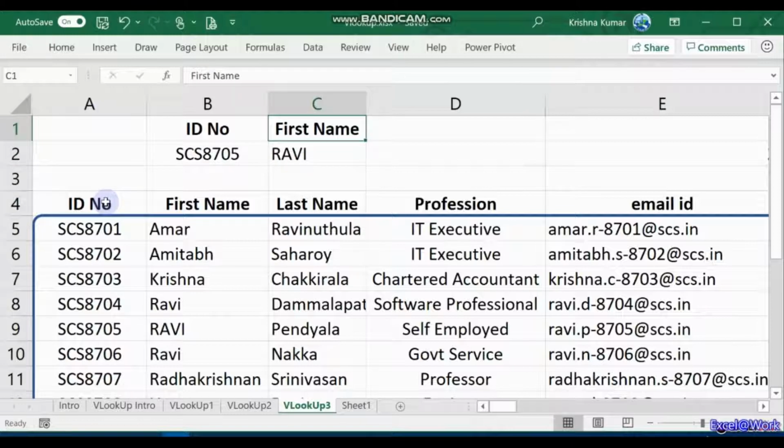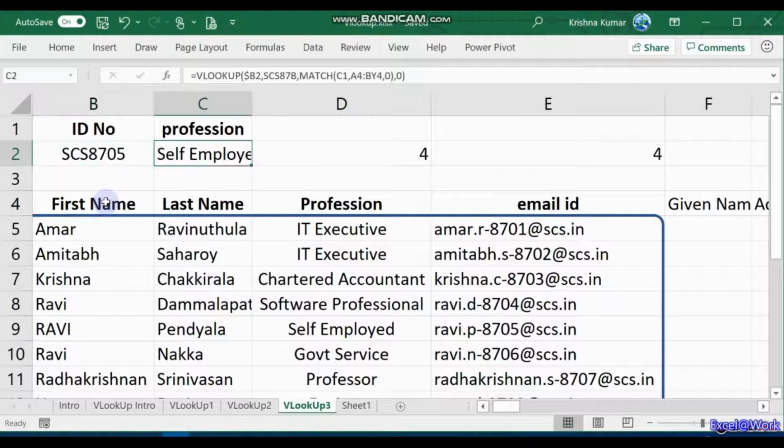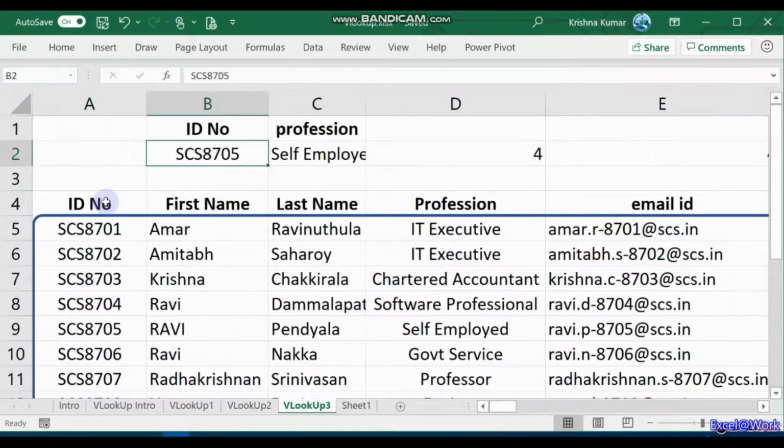So if I change this to profession, it is self-employed, because the MATCH returns the column number. We'll again use the same formula here in D, where the formula starts with an equal to sign. This gives 4. This is the column number just for your reference, and this is the profession.